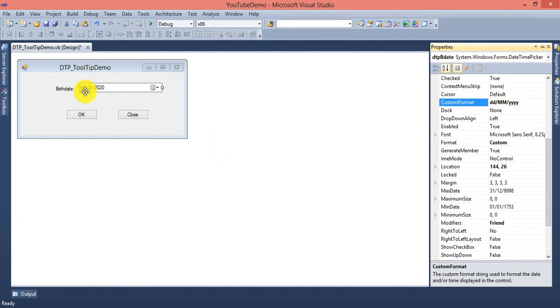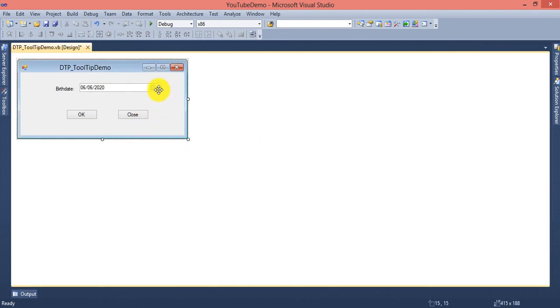Actually, here you are not getting any difference because today's date and month number are the same, 6 date and 6 month. So you are not getting any effect here, but it is in DD/MM/yyyy format right now.